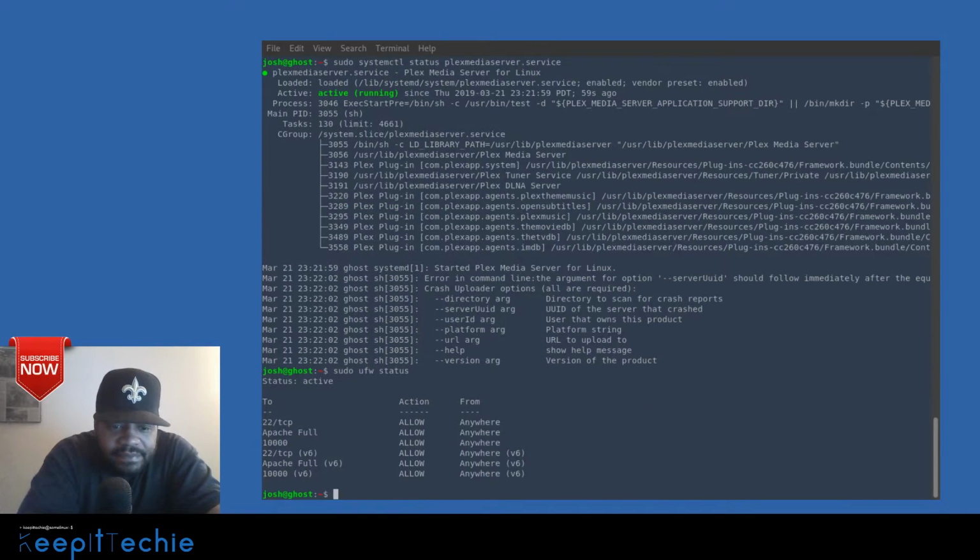status, and as you can see, I already have some ports open, and that's letting me know that it's also active. So I will have to open ports for Plex. And just to make this video a little simpler and quicker, I'm just going to open the port that Plex uses, and that port locally is